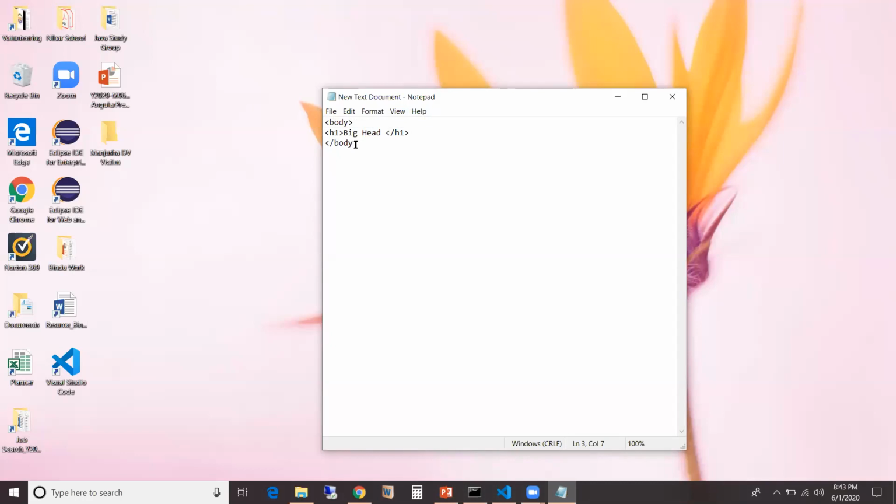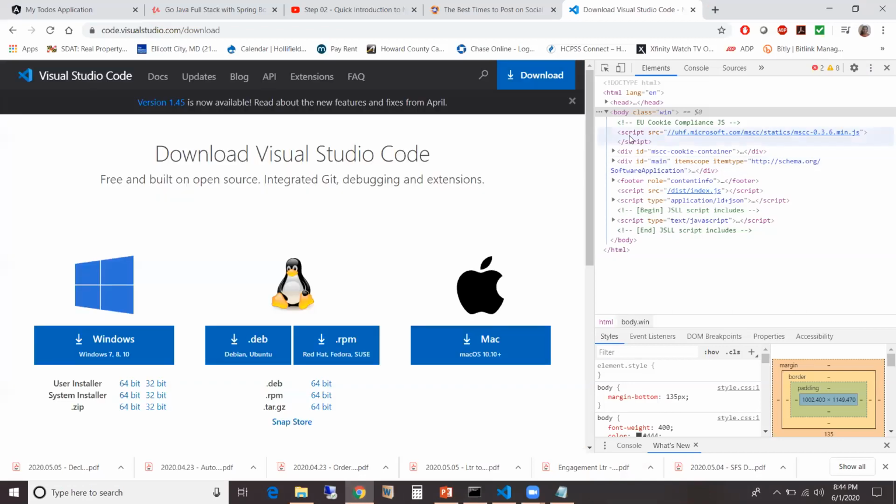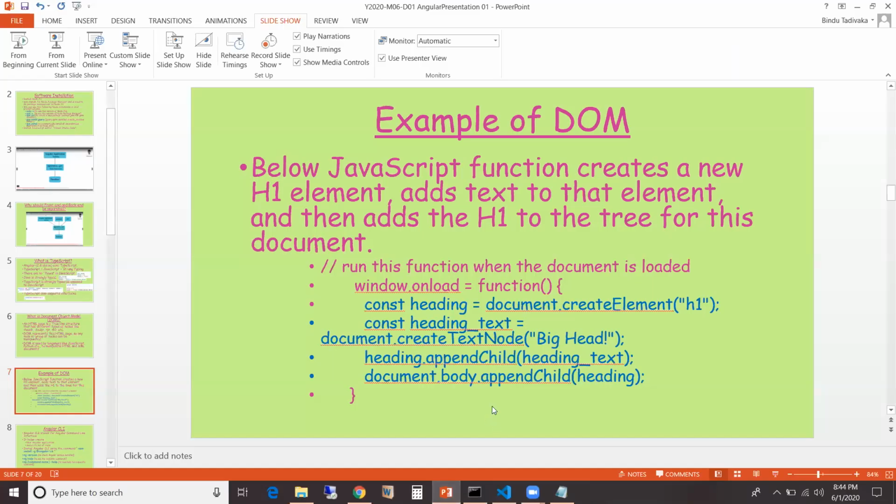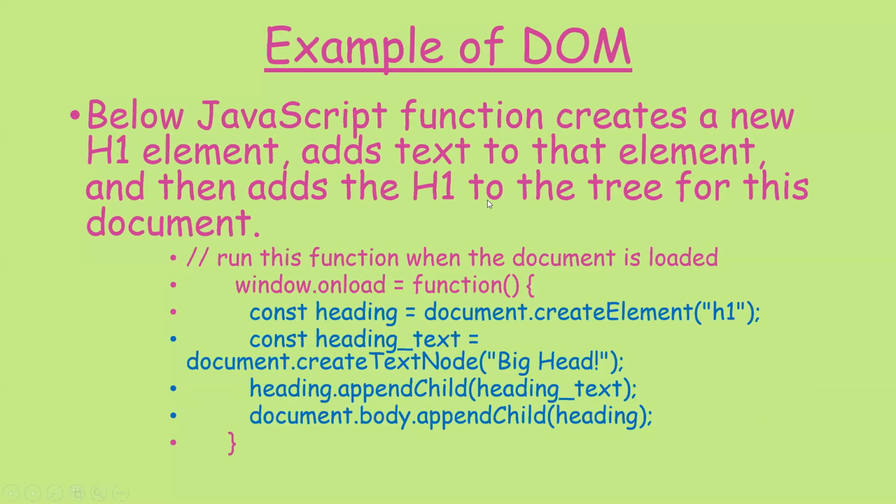So this code will be put into the body section of the HTML page. That H1 will be placed somewhere here, and we can see the big heading here. So that is basically about the document object model.